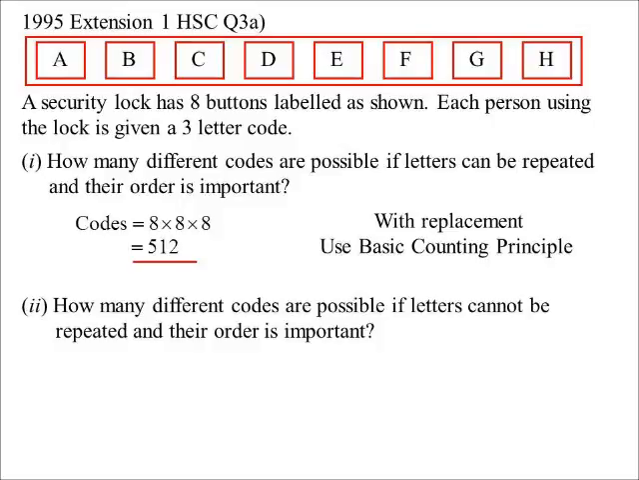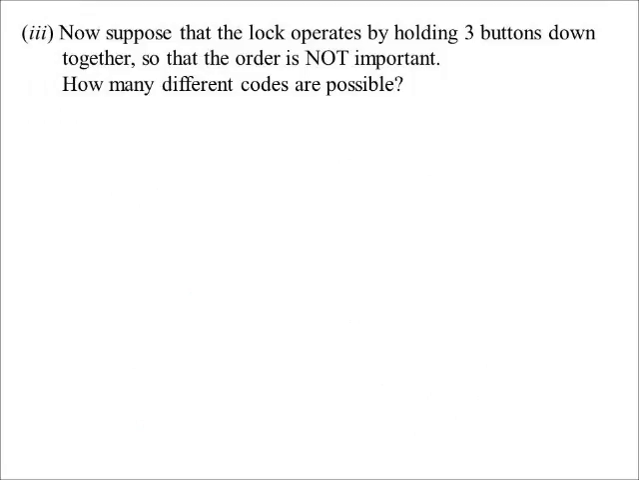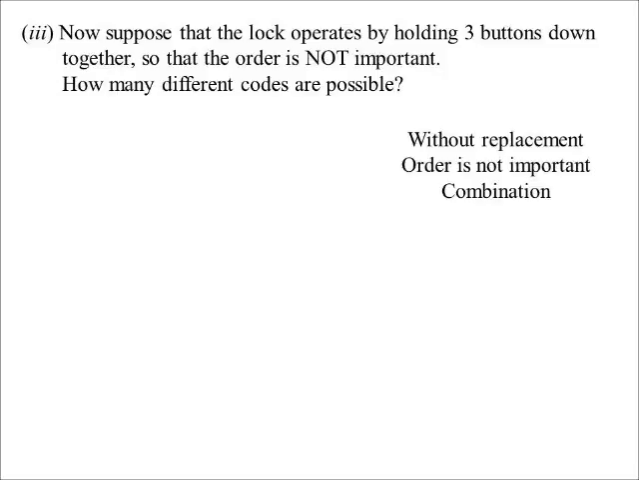Now that they can't be repeated and the order is important, well, it becomes a permutation now. So it's now 8P3, 336. Well, what about now, the way it works is you have to hold all 3 buttons down at once. So that now means the order is not important because you're pushing all 3 down at once. It becomes a combination. So it's now 8C3, 56. All right,